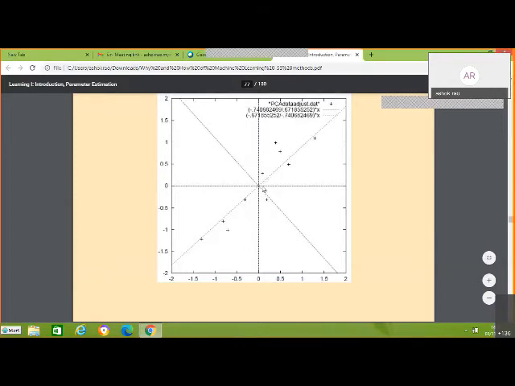This was the original x-axis, original y-axis. Now what are these two dotted lines here? These are the two eigenvectors. They are also a subspace. They are subspaces because any line passing through the origin is a subspace in R2. This is a subspace, this is a subspace. The two subspaces are orthogonal to each other.